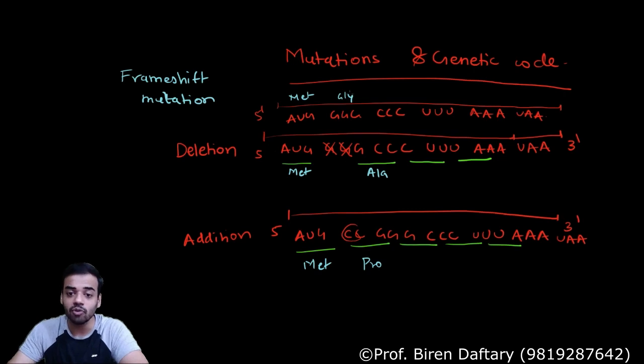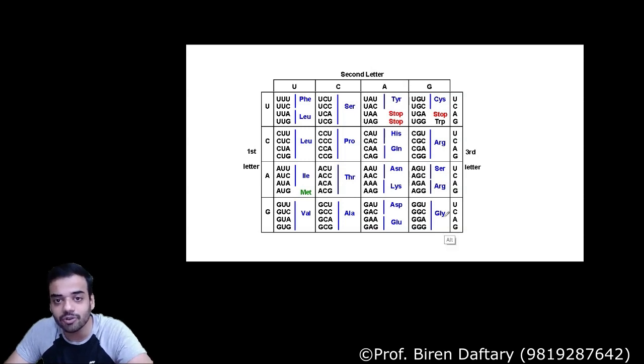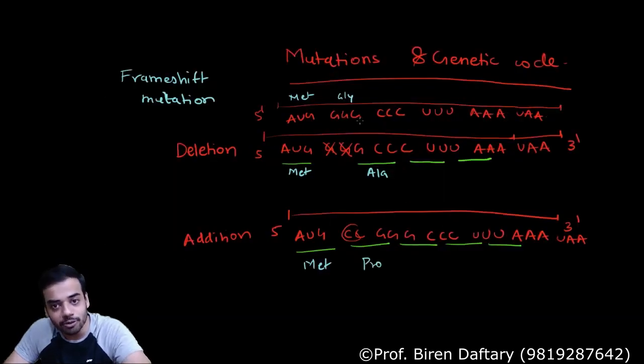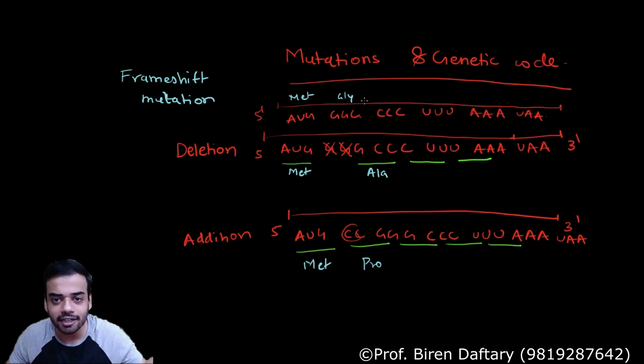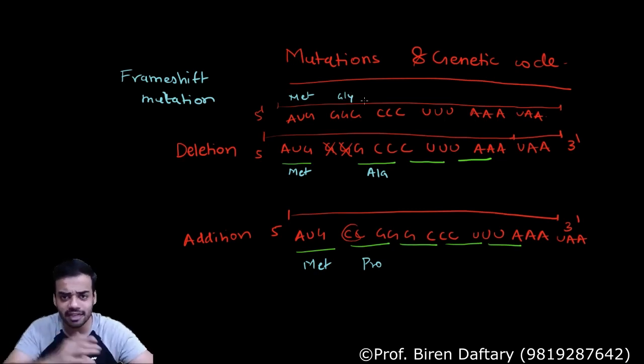Now, if your body only wants to form methionine and glycine, and if it forms this and this, then it will not be beneficial to your body. Okay. If it is a neutral mutation, what do you mean by neutral mutation? Suppose over here instead of GGG it becomes GGA. Still, GGA codes for glycine only. So even though there is a mutation, instead of GGG there is GGA, glycine will still be formed. So your amino acid will be the same. That mutation is called neutral because it is not making any difference to you. It is neither harming you nor advantageous.